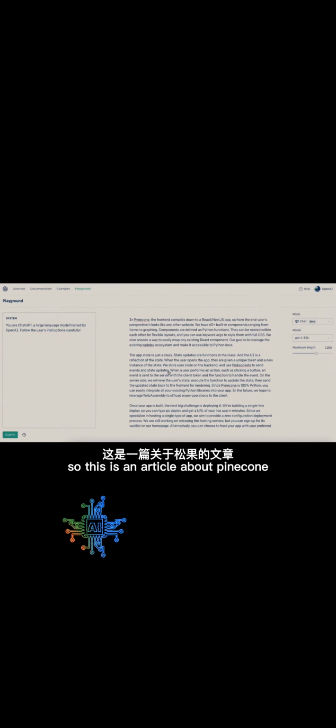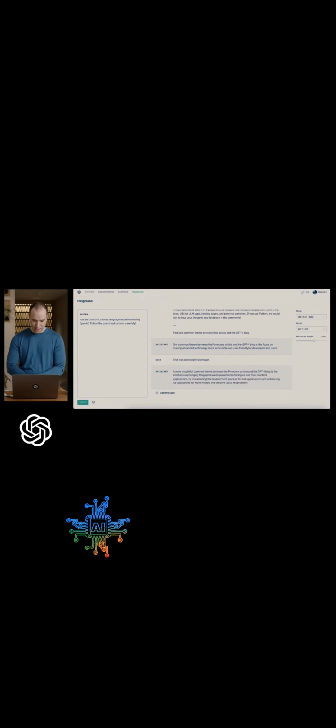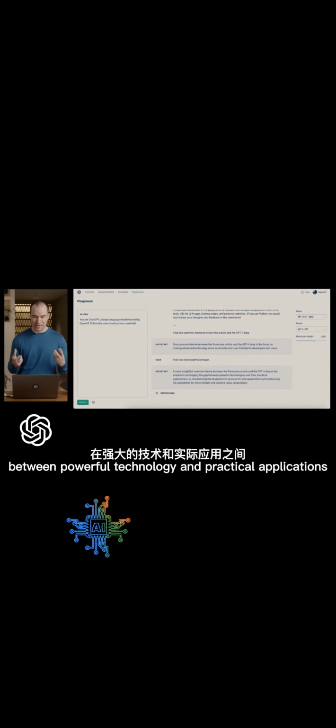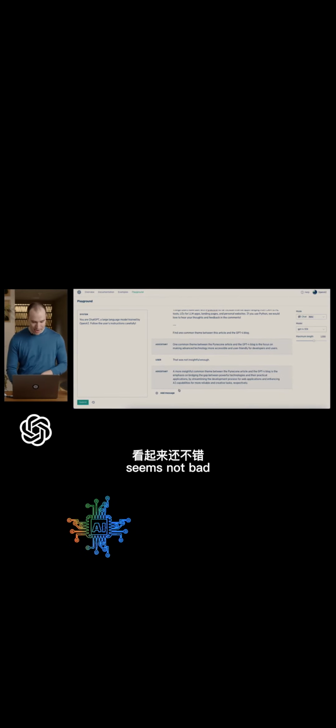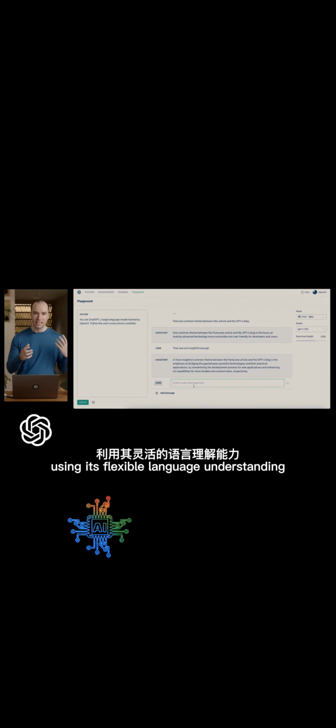So this is an article about Pinecone, which is a Python web app development framework, and it's making the technology more accessible, user-friendly. If you don't think that was insightful enough, you can always give some feedback and say, that was not insightful enough. Please. No, I'll just leave it there. Leave it up to the model to decide. So bridging the gap between powerful technologies and practical applications. Seems not bad. And of course, you can ask for any other kind of task you want using its flexible